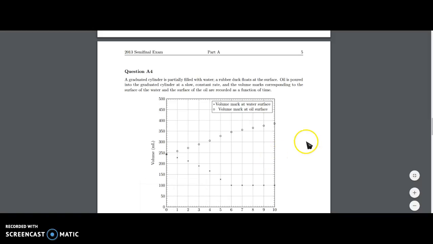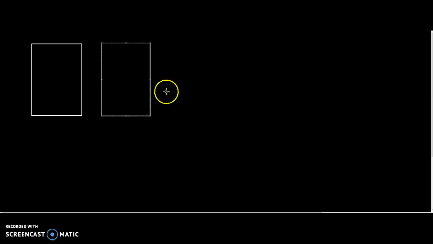This really is a simple problem in the end. The hard part is just the conceptual understanding. So, in the beginning, it says a graduated cylinder is being filled with water and a rubber duck is floating on it. So, I always draw diagrams, and so I'm gonna draw a